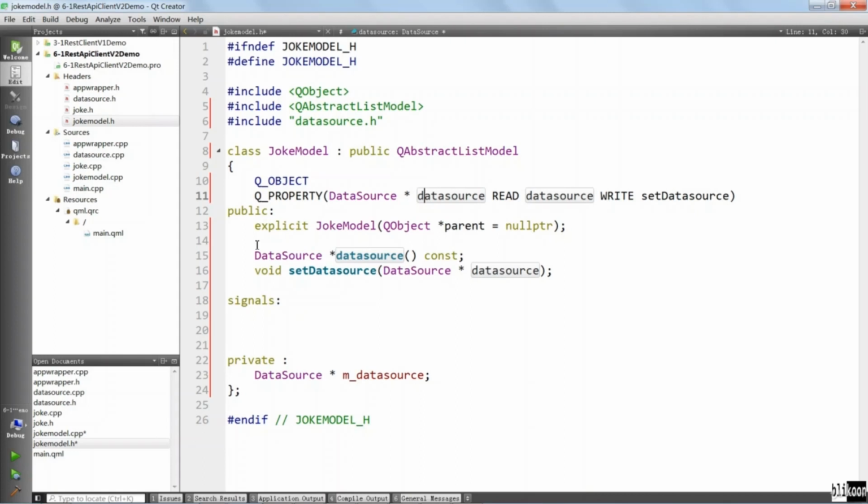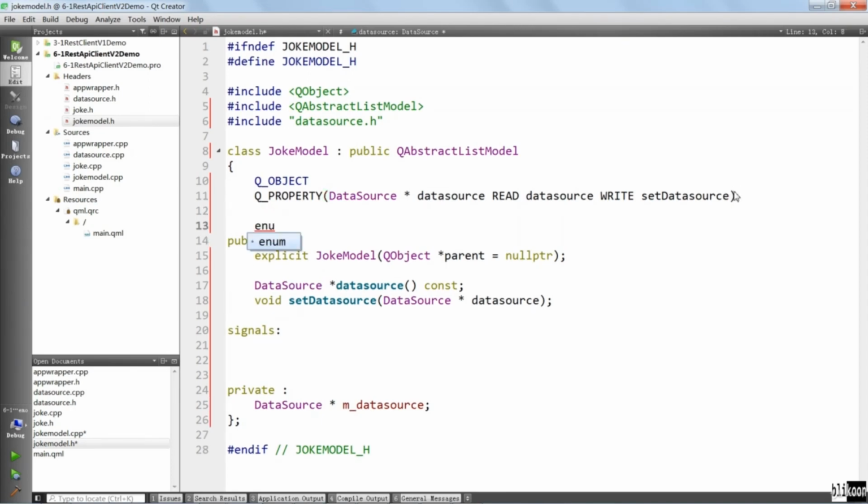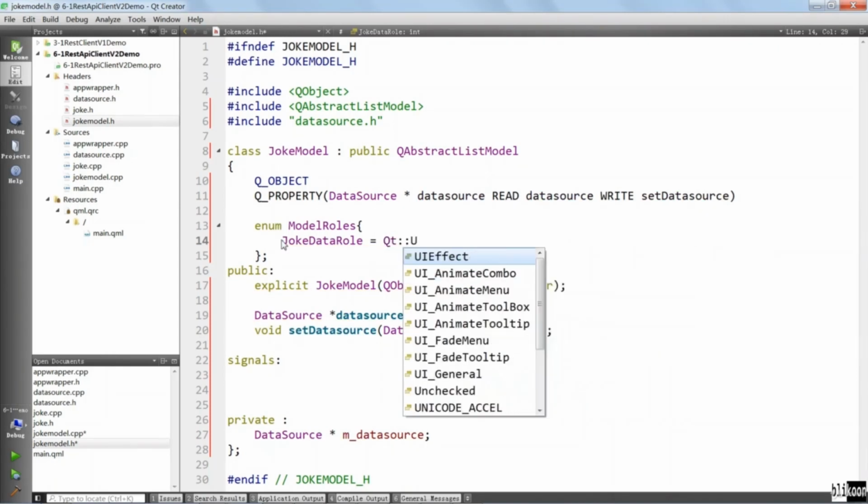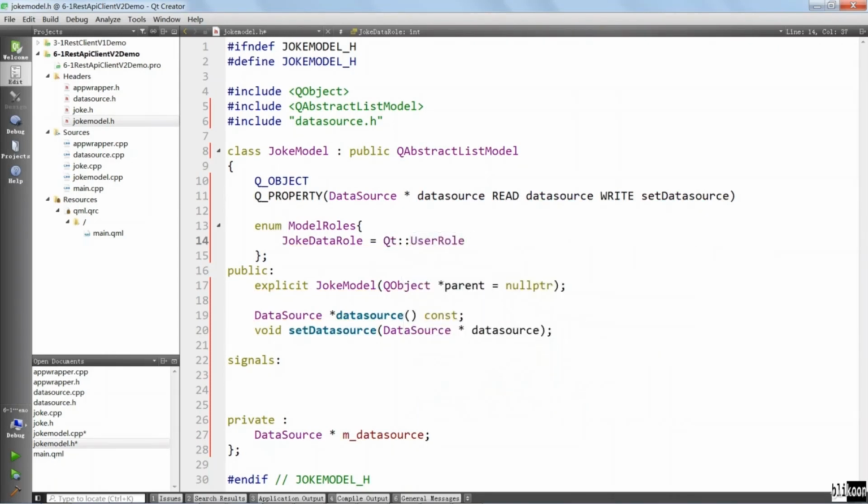This being a model, there are a few requirements we need to fulfill for it to be usable, both in C++ and in Qt Quick. And we are going to put in a few methods in a minute, but these methods are going to need an enum. Let's define that enum. I want to define it first here. Let's call it ModelRoles. Inside, we're going to say JokeDataRole